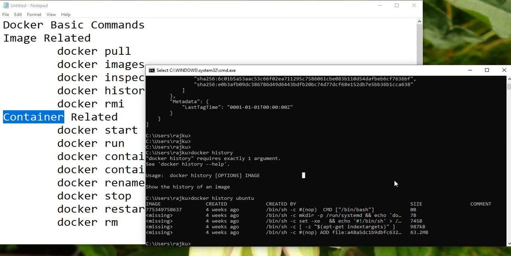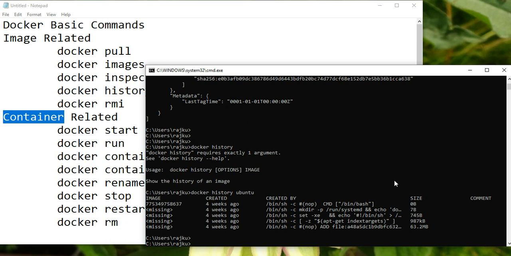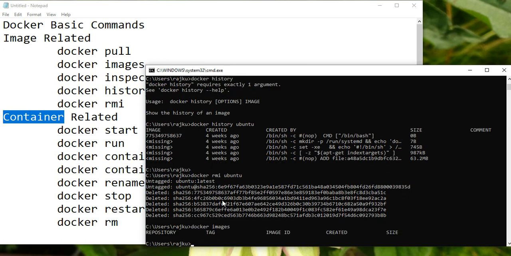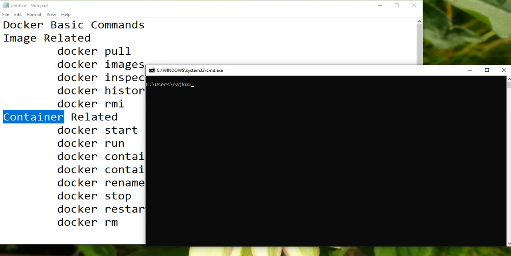Suppose if I want to remove this particular image, then I can do that by using the docker rmi command, docker remove image Ubuntu. Okay, now you can see that this particular image has been removed. Now if I look at docker images, I shouldn't see any image here. So that image has been removed now. Okay, so these are some of the basic commands for docker images. Okay, so let me pull that